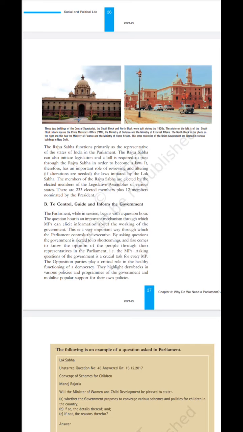Answer. Minister of State in the Ministry of Women and Child Development, Dr. Virendra Kumar. A to C. The ministry has developed the National Plan of Action for Children 2016, which largely draws upon the existing programs and schemes of various ministries, departments. It provides a framework for convergence and coordination between ministries, departments, and states, UTs, governments, and encourages collective action from all stakeholders to address multi-dimensional vulnerabilities experienced by children.